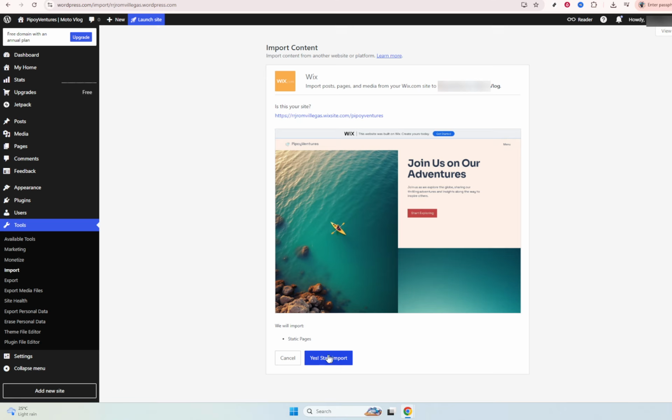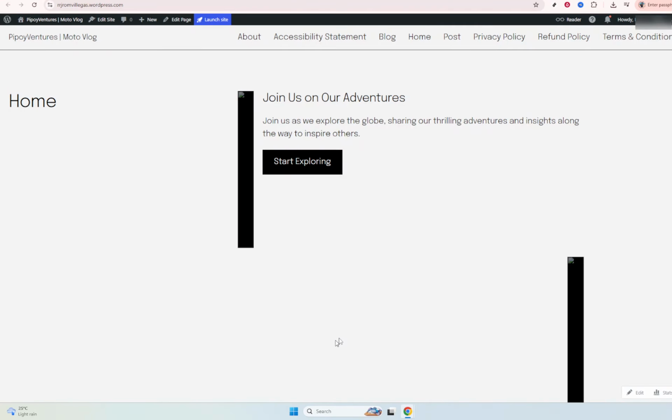Once the import process is complete, you'll receive a notification indicating success. At this point, it's essential to check through your new WordPress site, ensuring that all content, including images and posts, has transferred correctly. You may need to customize layouts and templates to fully capture your website's original style, and there